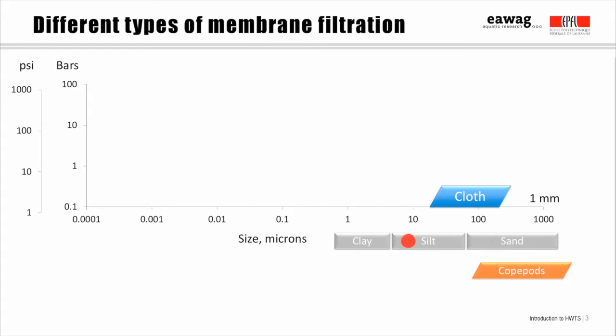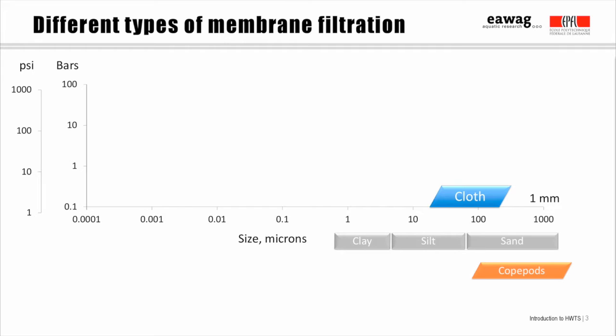Sand, silt, and clay are inorganic particles that are defined by their size. Particles smaller than 2 to 4 microns are called clay. Particles up to about 63 microns are called silt, and particles up to 2 millimeters are called sand. After that, you get into gravel and boulders. Cloth filtration, then, can remove most coarse and medium sand, but doesn't do much for silt and clay, so turbidity may not be very much reduced by simple cloth filtration.